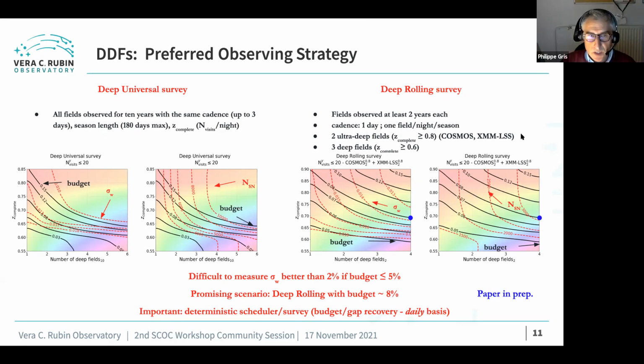That's a tricky point. I think that for the WFD, it will depend on how well the rolling cadence is working. If the rolling cadence is performing well, then we could imagine finding some time in the WFD, for what concerns the supernovae, and sparing some time for the DDFs.